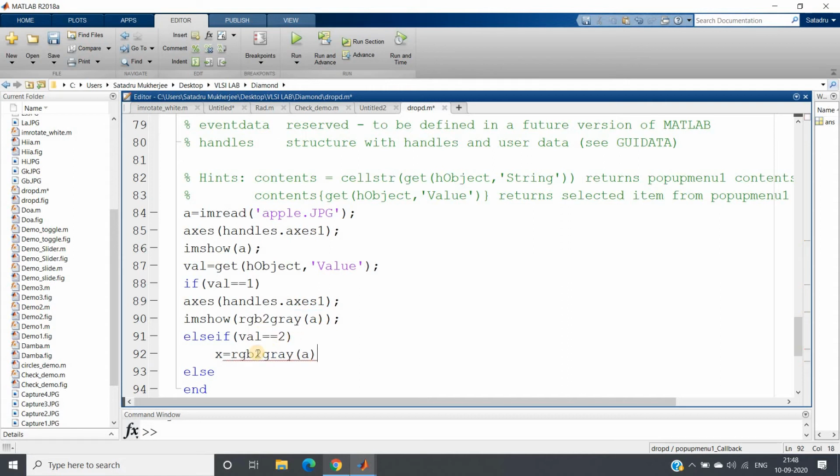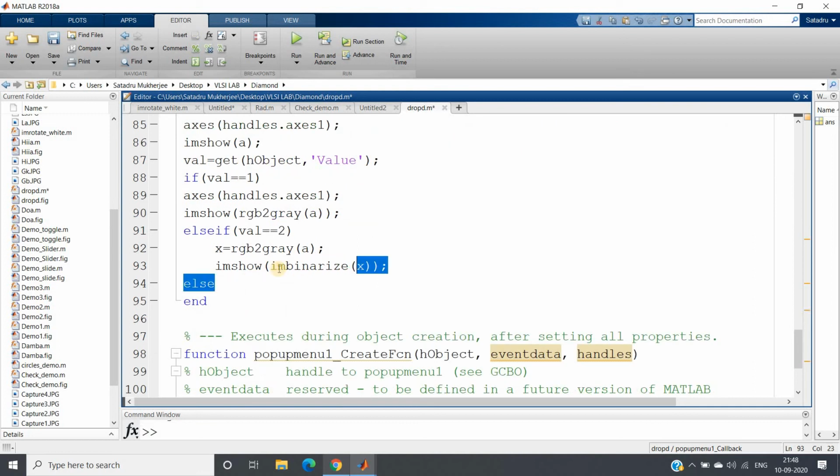So I'll be writing like this, and imbinarize. imbinarize was already discussed in the thresholding part, right? So imbinarize is used for global thresholding. If we don't mention any threshold value, MATLAB will set one by default, right? If else if, okay, sorry, here actually if val equal to 1 we need to show the original image, right?